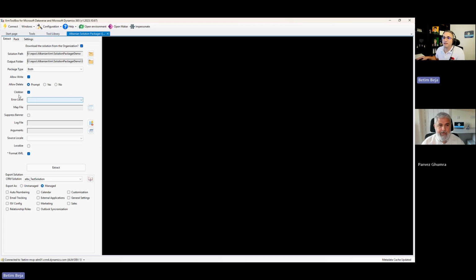So I'm going to select the clobber to clean up unused files. I'm going to select the verbose. I could use a mapping file. I don't have one for this solution, but it's simple. You can just select this to specify a mapping file so that you can ignore some artifacts like JavaScript or